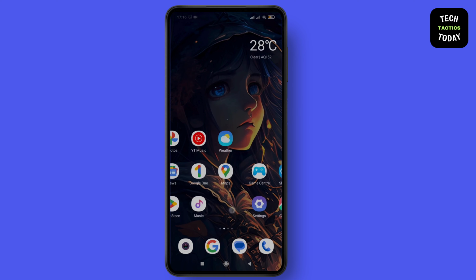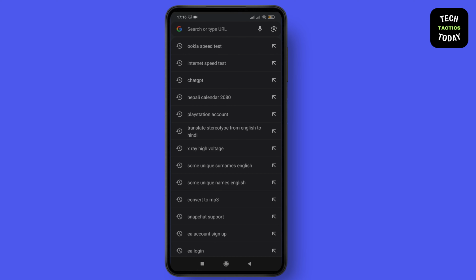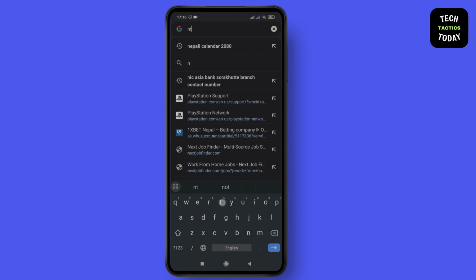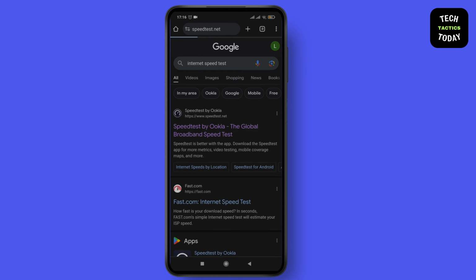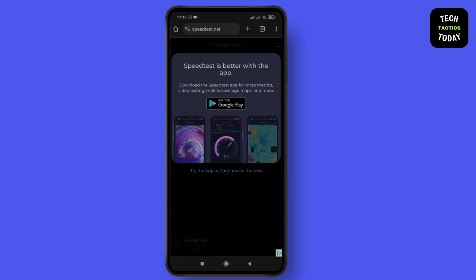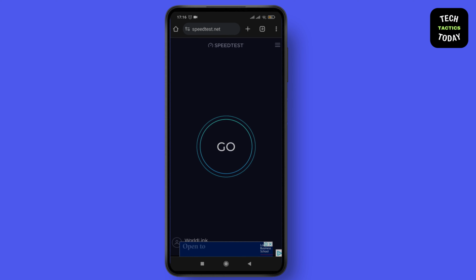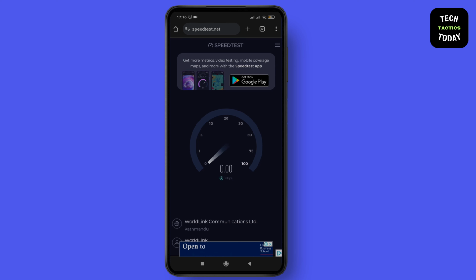First of all, what you have to do is open the browser. Here, search for internet speed test. Here, tap on continue on the web. Go. This will check the speed of your internet, if it's working properly or not. If it's not working properly, then what you can do is go back,